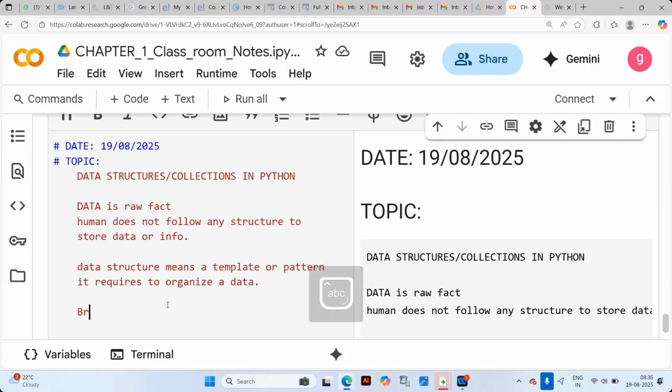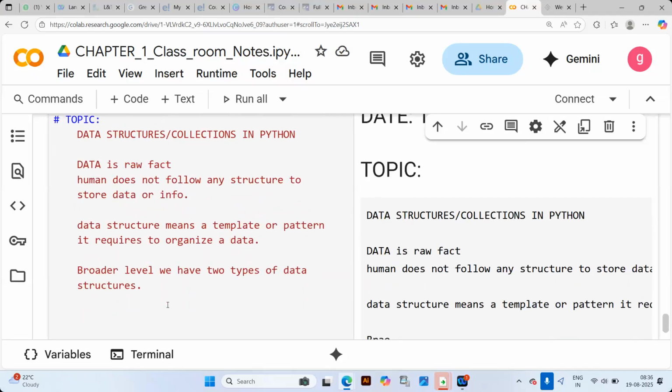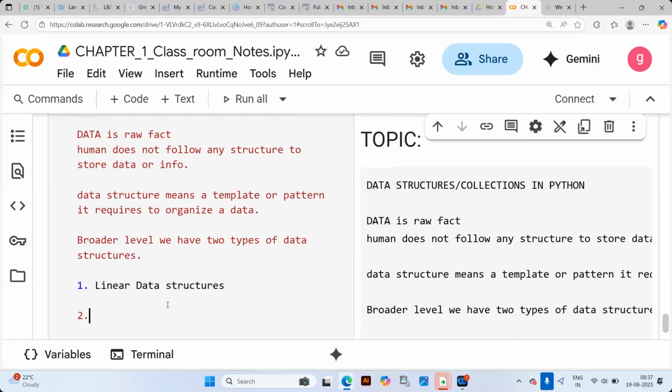At a very broad level, we have two types of data structures: one is linear data structures, and the second one is non-linear data structures.